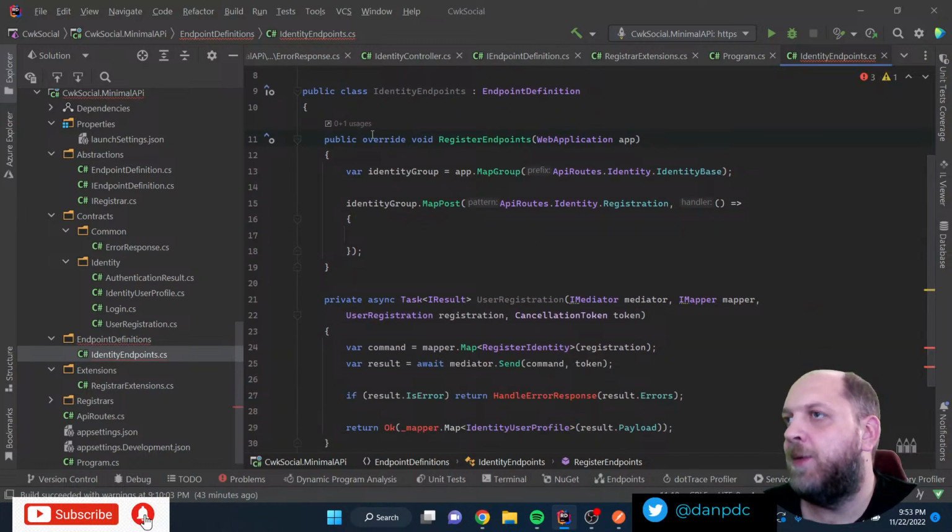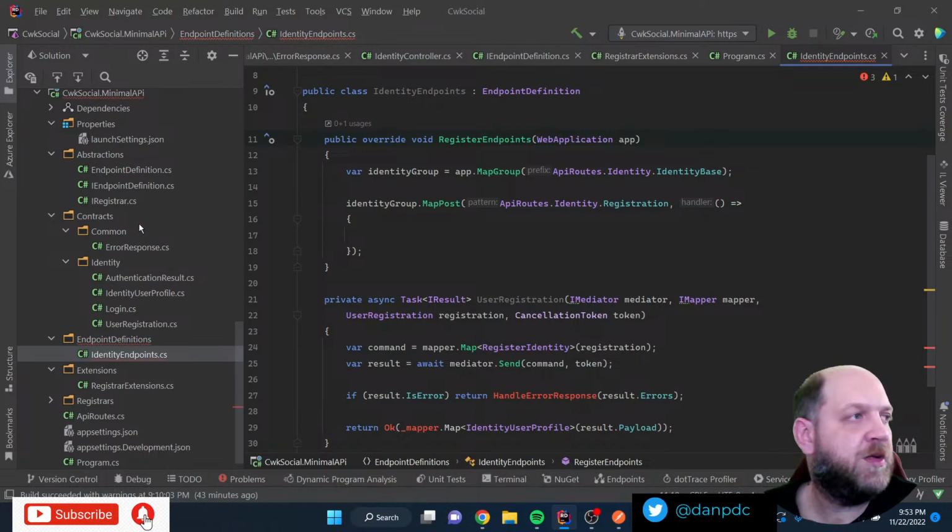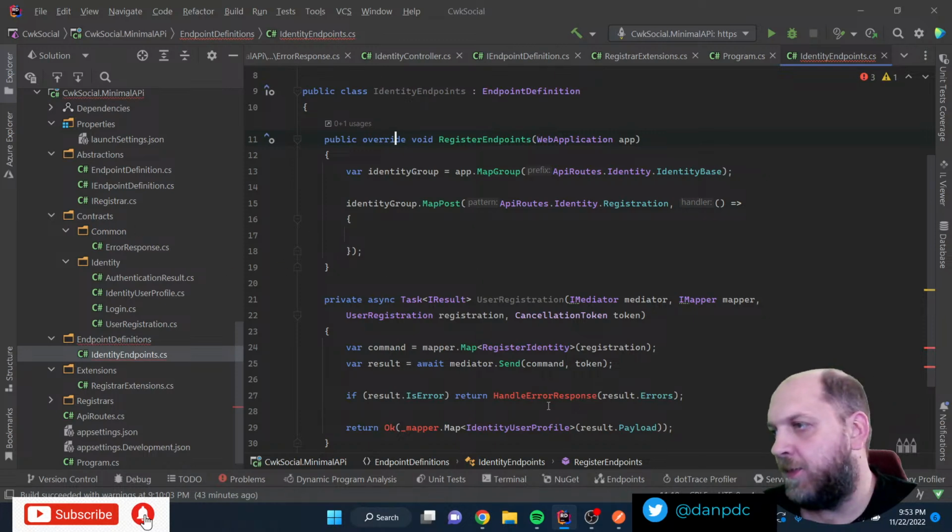So now we have implemented this one. I'm curious if things will still work. And then it's the handle error response. Then we have this result.errors. This errors is actually a list of error. Okay. And the error is in the application models.